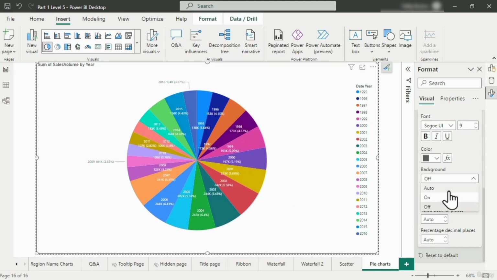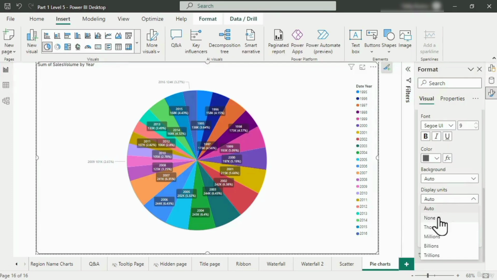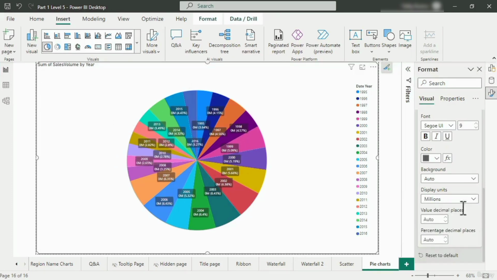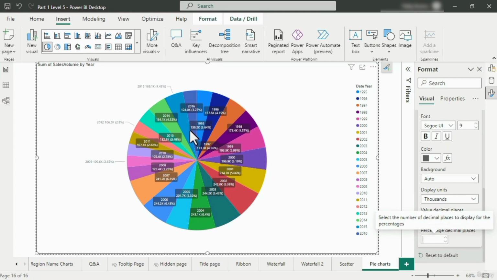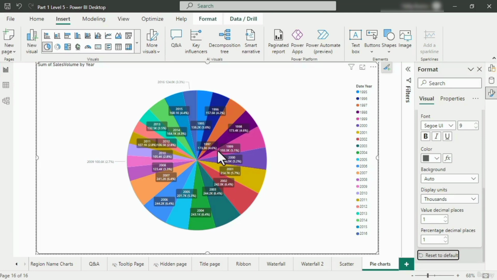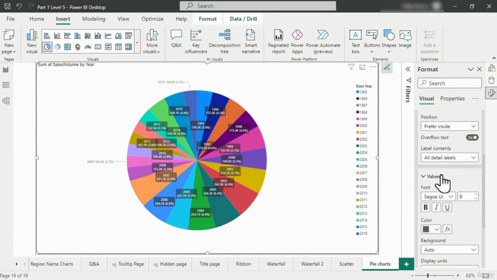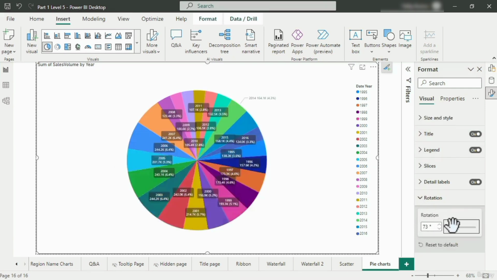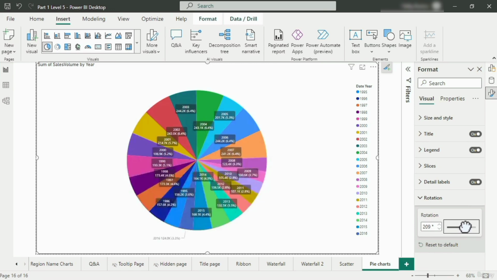if I so wish. You can also display units in nones or thousands, millions. And you can also say, well, I want this to 1 decimal place, so we're having 173.3 as opposed to just 170. And you can also say the same thing for the percentage. I just want it to 1 decimal place. So that is all in the detailed labels, and then in rotation, that just shows where we start with all